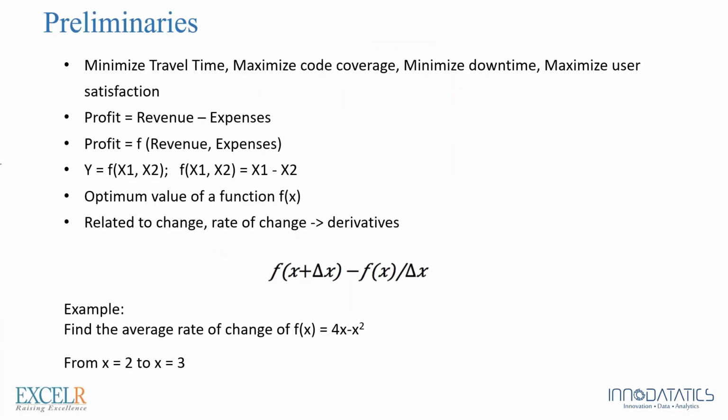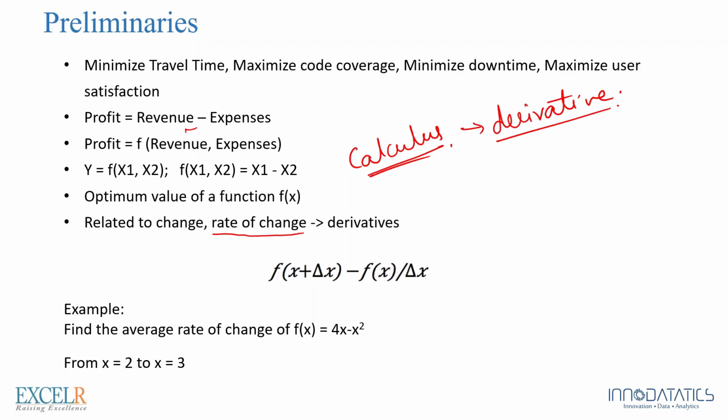So the first thing that you need to understand from an optimization perspective is that optimization includes something called calculus, right? Derivatives. A derivative is nothing but finding the rate of change. The rate at which things change is the derivative, and this is also called the gradient. Okay, so for example,